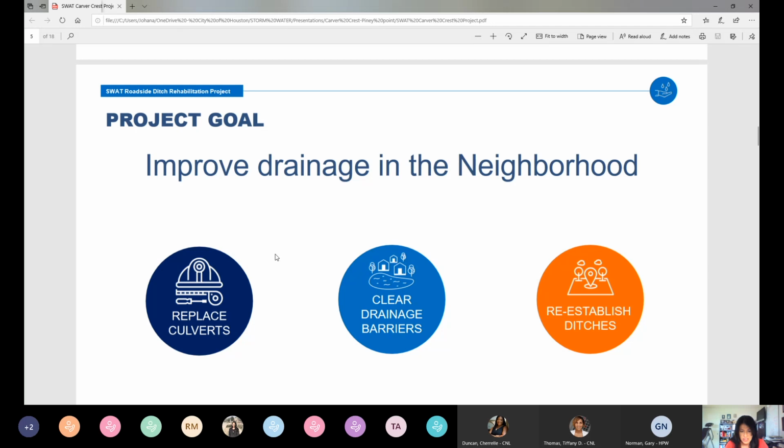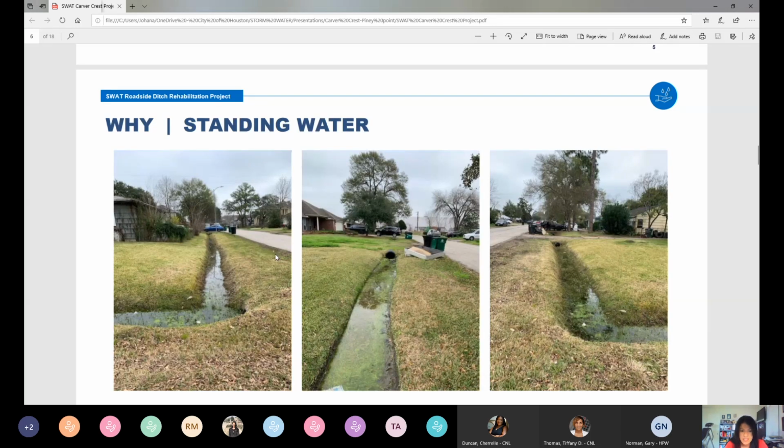So these are some illustrations on the neighborhood. You can see the water standing. This was before we started the project. When the water stands, it is due to many, many reasons. One of them, and the main one, is actually the positive drainage on the ditches. So we have some offsets on the culverts, the alignment of the ditch. The ditch is also obstructed. Then you start seeing this type of standing water that is absolutely not what we want to see in any neighborhood in Houston. It impacts